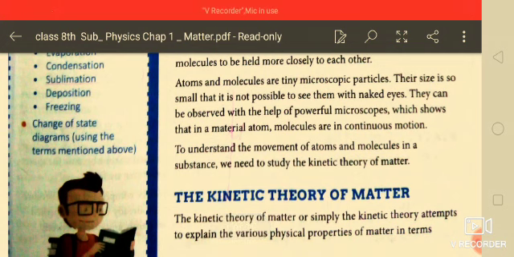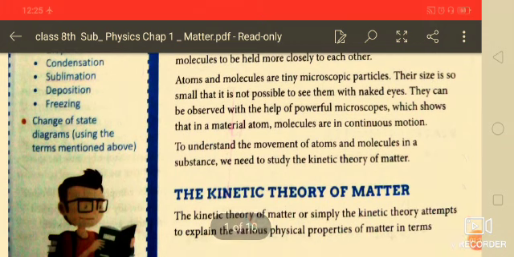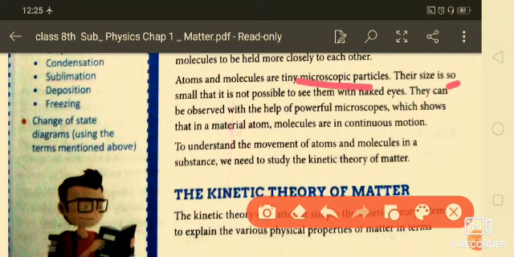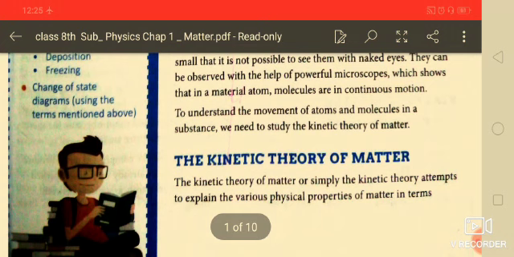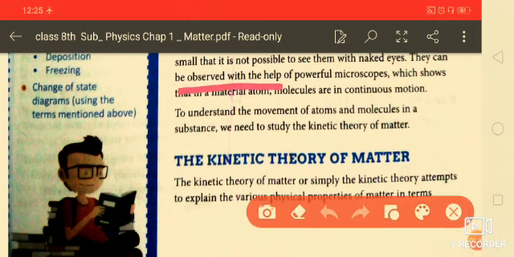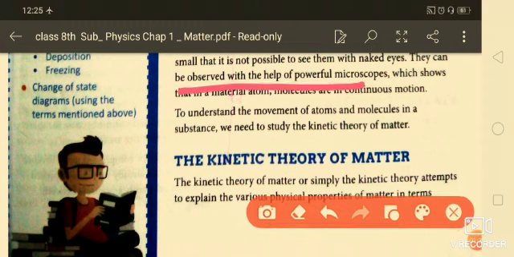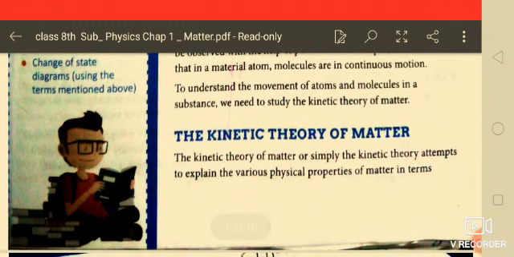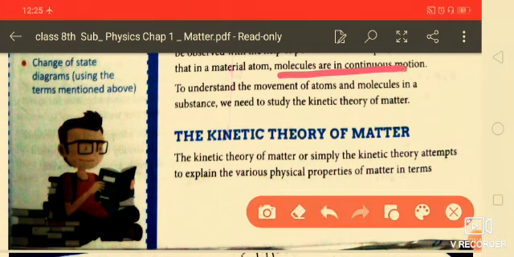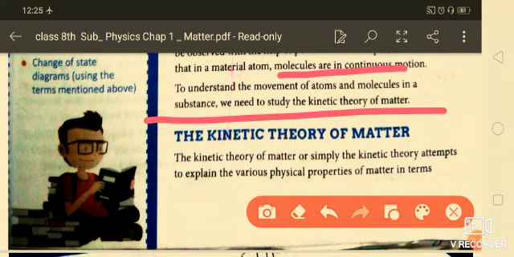Atoms and molecules are tiny microscopic particles. Their size is so small that it is not possible to see them with the naked eye, and they can be observed only with the help of powerful microscopes, which shows that in a material, atoms and molecules are in continuous motion. Now, to understand the movement of atoms and molecules in a substance, we need to study the kinetic theory